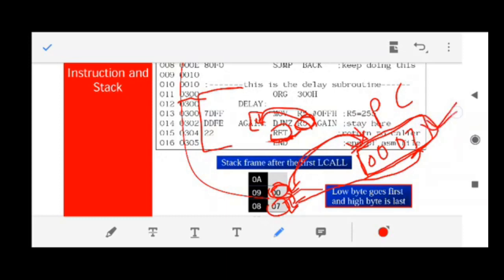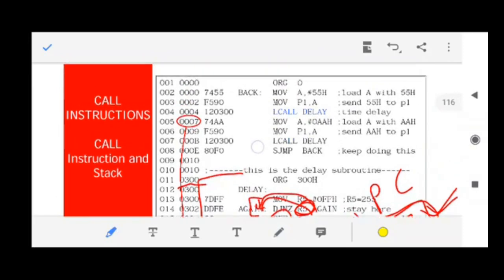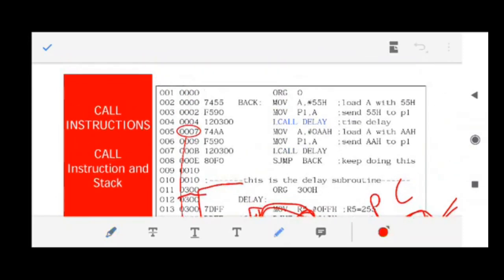It was saved in the stack. That value is restored in the program counter. Now it will start executing from this location. And what is that location? 0007. And where is 0007? Here is 0007. So it will start executing with exactly the next line after the LCALL.